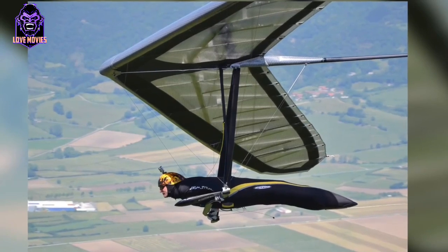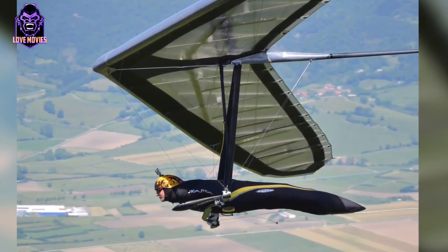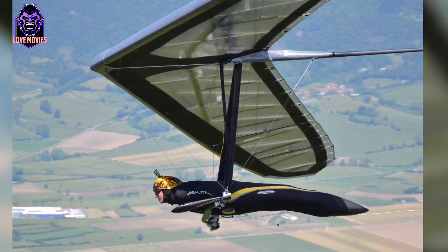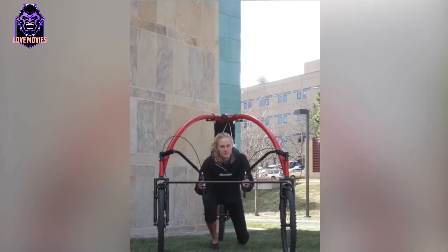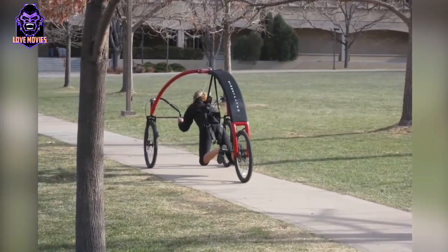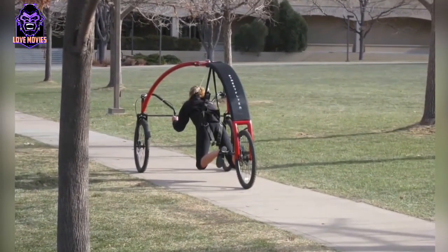If you think it might be fun to go hang gliding, but you're afraid of heights, you might be interested in this crazy bike, the Street Flyer. Designed by Dr. Karsten Mayring, the Street Flyer simulates the feeling of hang gliding without the dangers of real flight. After all, with a top altitude of about 3 feet, you probably don't have to worry about wind shear or